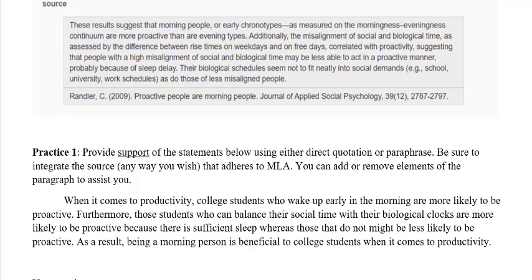Hello everyone. This video is going to provide some information on how to complete the assignment integrating sources, and also talk a little bit about how integrating sources all comes together when writing your essays, or any actual academic writing that requires outside source material. So first, if you didn't review the paraphrase video, please make sure to do so